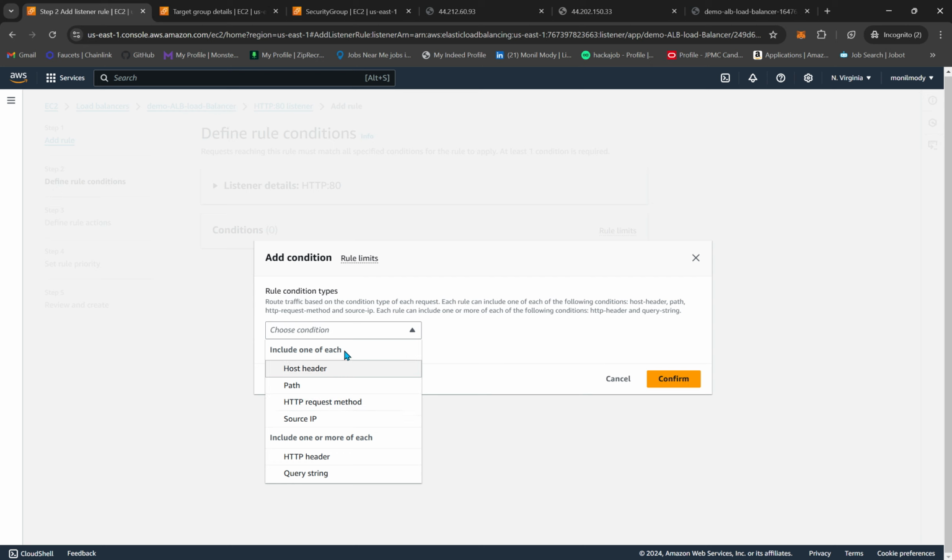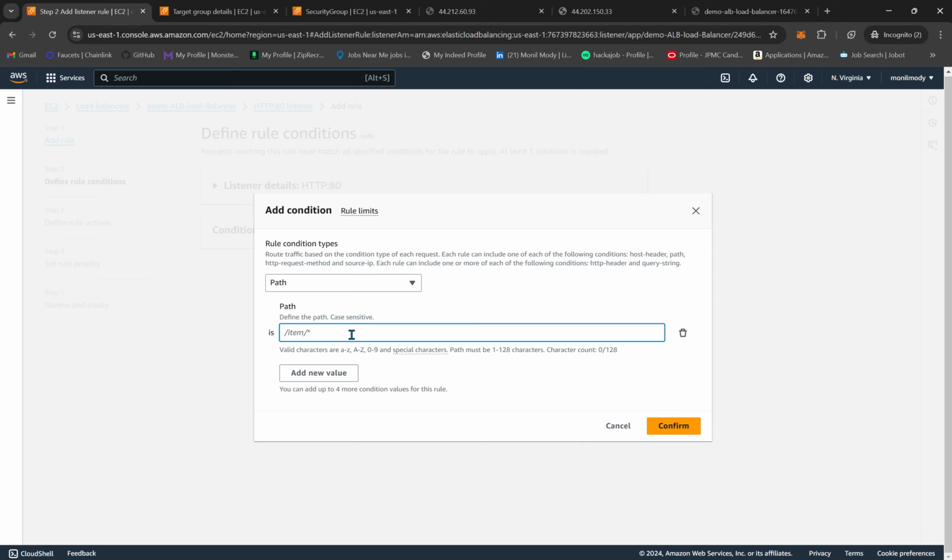So there are different types of conditions. We can add a host header, path. We can even have an HTTP request method like get, post, or the source IP, which can be a private IP of your ALB or your EC2 instances. We can even add HTTP headers and the query string, but I'll just go with path for now, and I'm gonna name it error